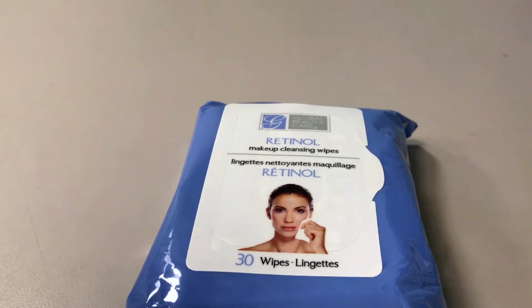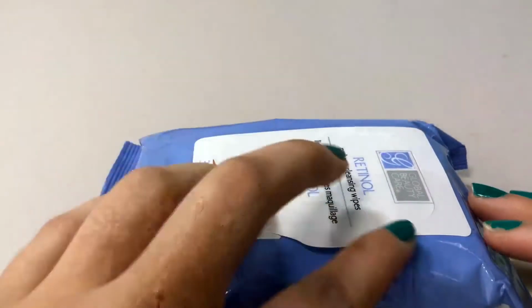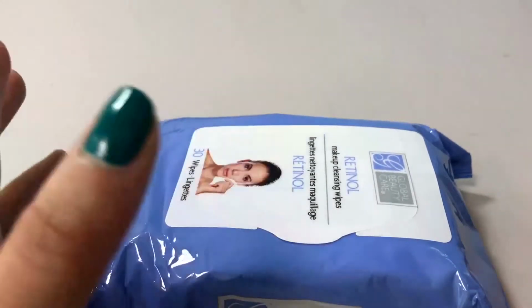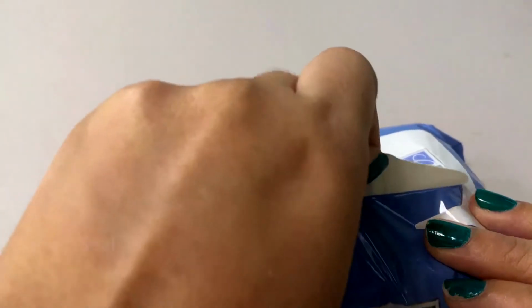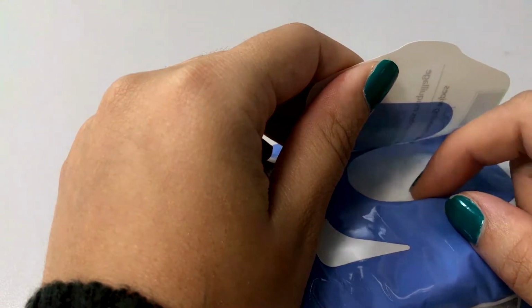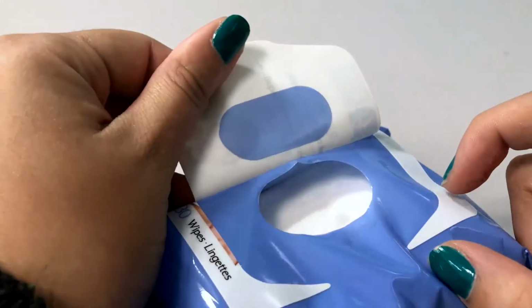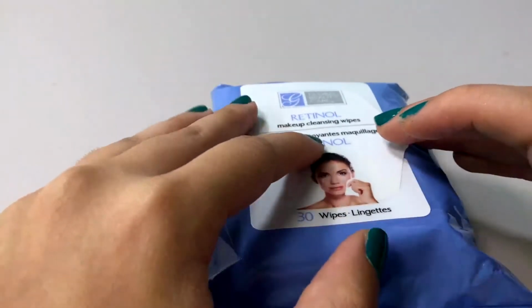And I mean, it's sealed. It's really got a really good seal on it. I think better seals than other ones like the Neutrogena wipes that I like. This seal is even better than that one, so in my opinion there's no reason for it to be dried out at all. It's really a good seal, but it is on the drier side. Unfortunately, it just doesn't work as well as it should, in my opinion. However, like I said, the seal works really nicely. It's probably one of the best seals,